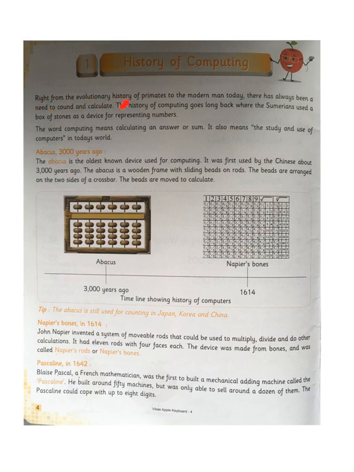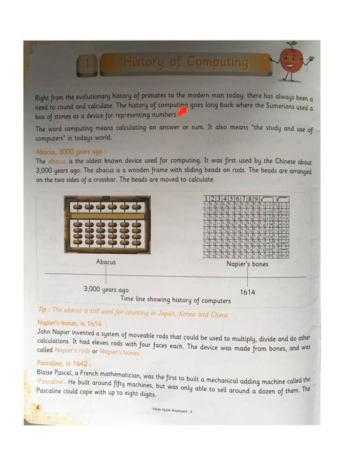Right from the evolutionary history of primates to the modern man today, there has always been a need to count and calculate. Since man has been on this earth, he has always needed to count and calculate things. How many things does he have? For example, in earlier times, they used to store food and keep it in their caves or in their huts. So they had to count and keep track of how much food was left so that they could go again and hunt more food or gather more fruits. So there was always a need to count and calculate things.